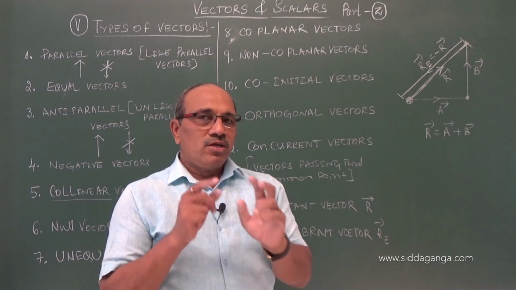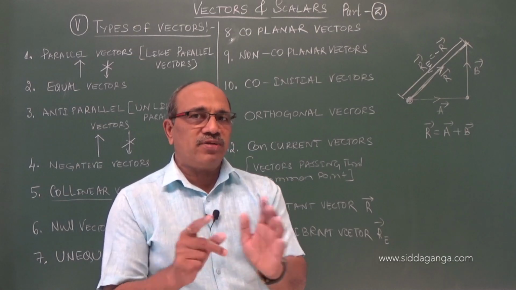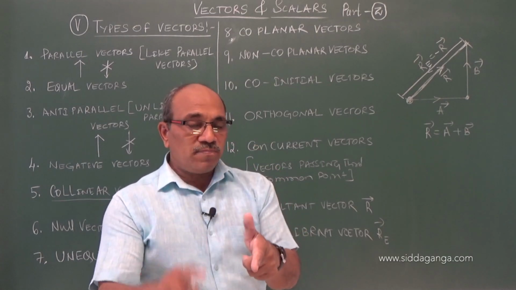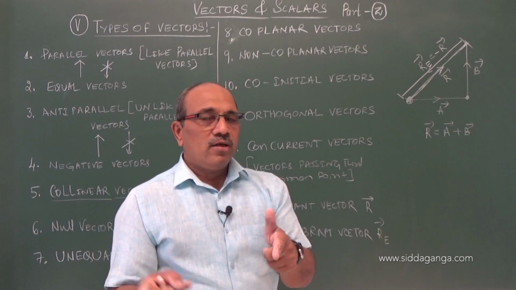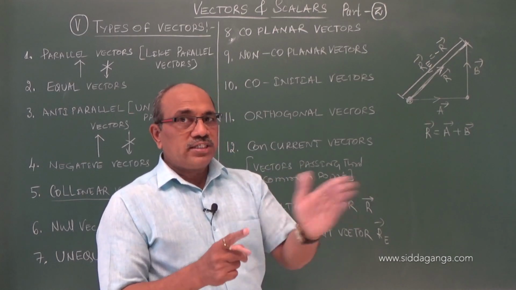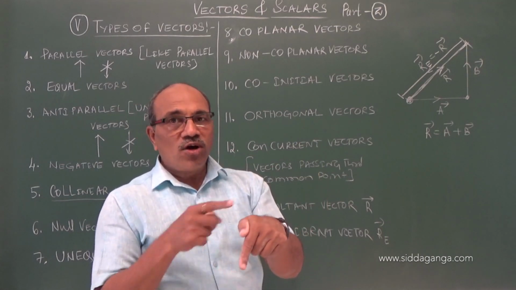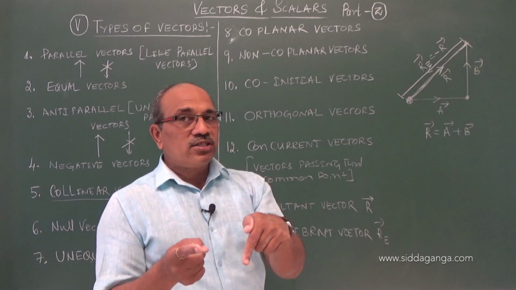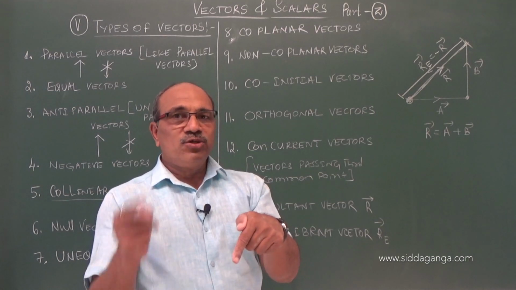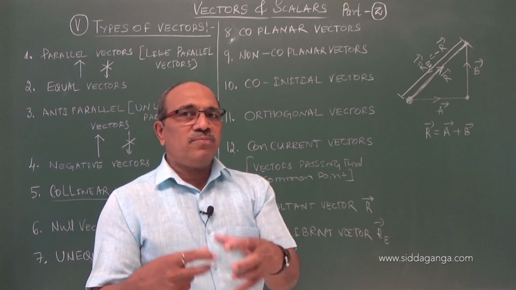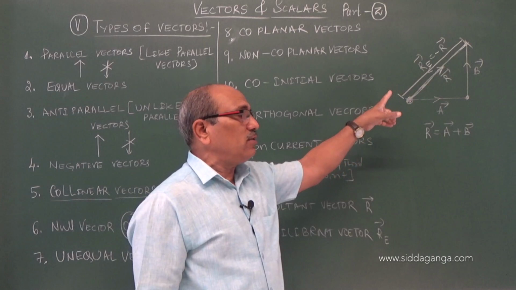I think you followed. Some vectors, some quantities in vector form, are applied, and the body is feeling some effect. Resultant is where I replace all vectors with a single vector which gives the same effect that all of them together gave. But when I apply equilibrant, not resultant, it does not replace all those, but brings the effect of all those to zero, to the equilibrium position. The net effect on the body becomes zero. A single vector which makes the effect of all vectors acting on a body zero is called equilibrant.